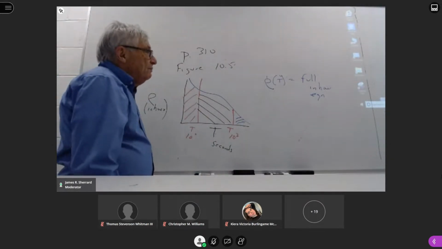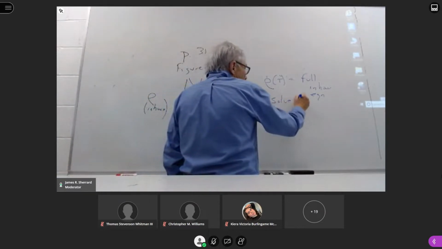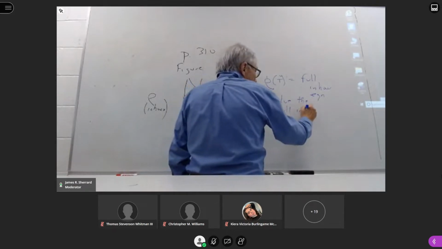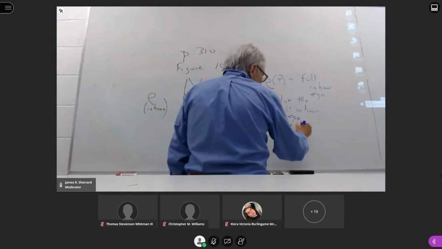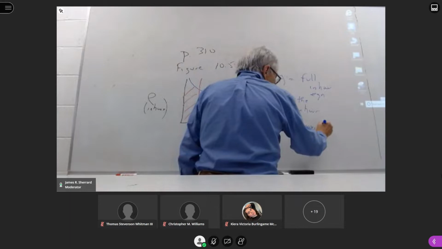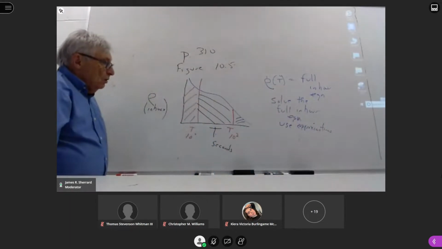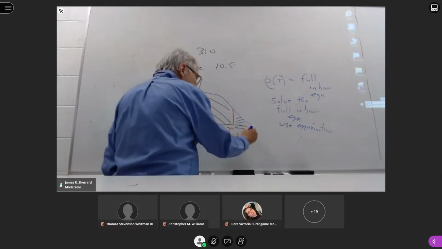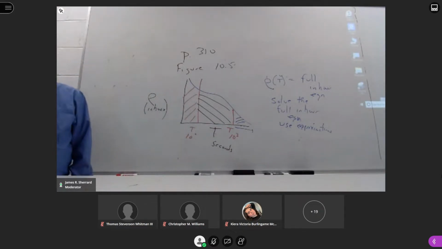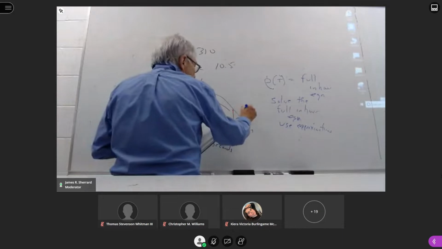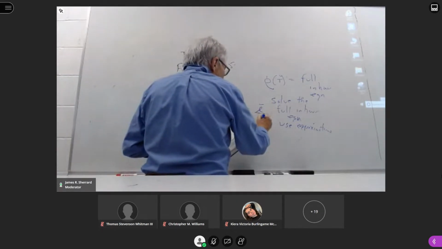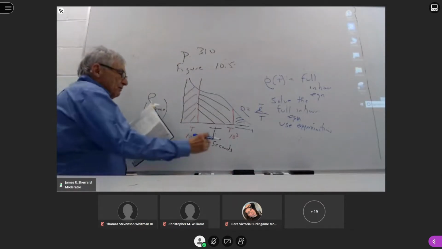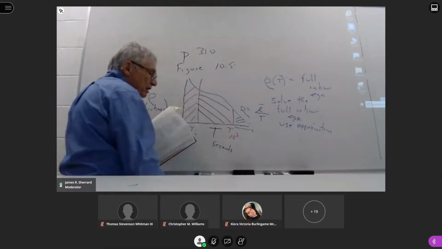And the reason they've done that is they've said, okay, rather than solve the full N-hour equation, we can use approximations. So if I look at this group, which is anything going out in that direction beyond T equal to 10 to the 3rd, which is 1,000 seconds, this tells us that the reactivity can be very adequately estimated by L bar over T. So if we want the reactor period to be greater than 1,000 seconds,